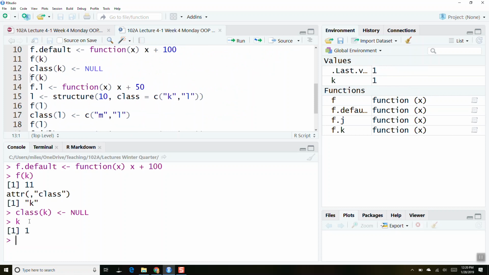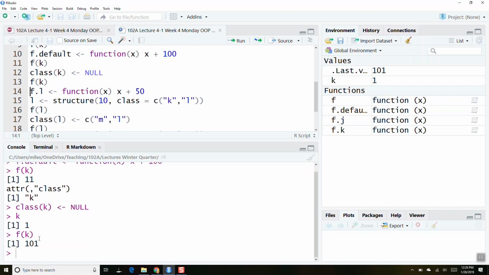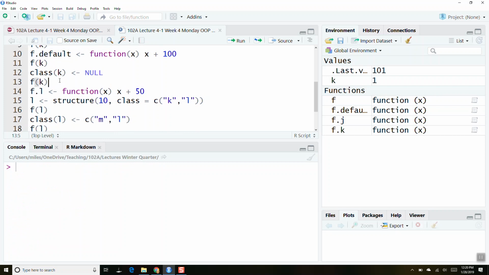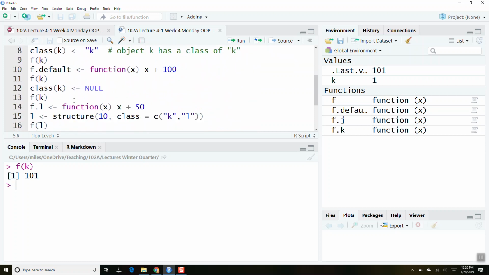And so if I ask what is k, it's just the number 1 here. And if I call f of k here, what's it going to run? It's going to return 101. It's going to run f.default. Because k now has no class associated with it, it's not going to run f.j or f.k. It's going to run f.default.